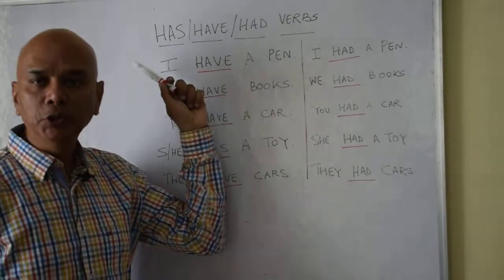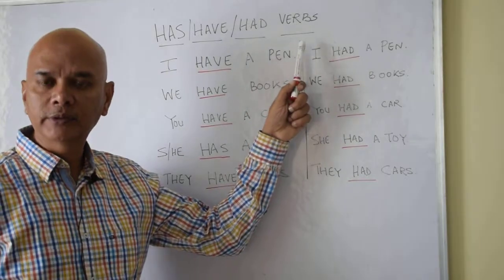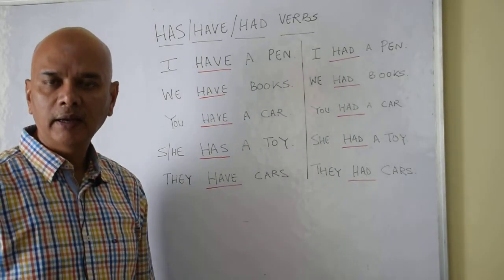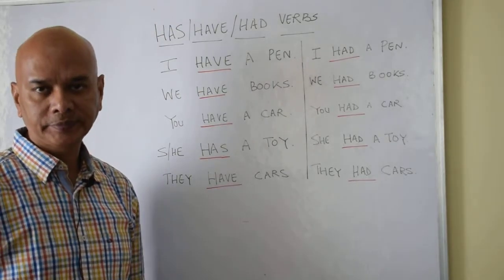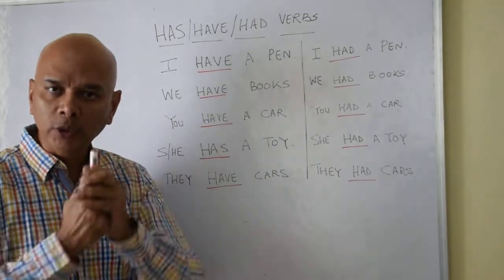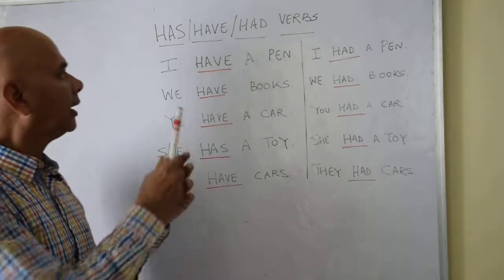We will learn to use has, have, had. These are verbs in sentences. We will make short sentences for you to understand. Whenever you have something, you possess something, when you own something, you will say, I have